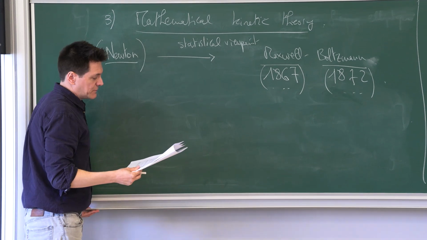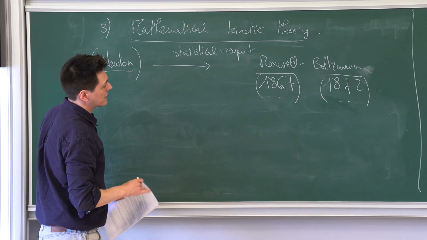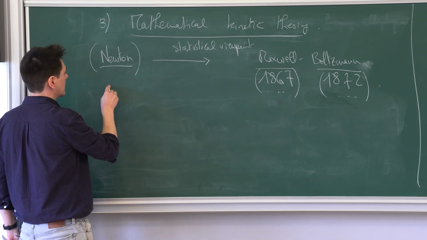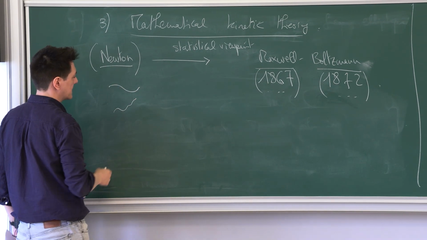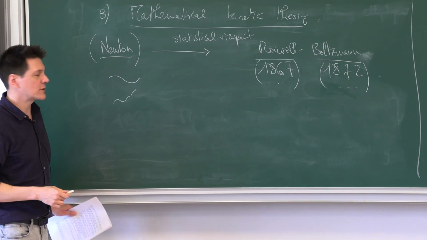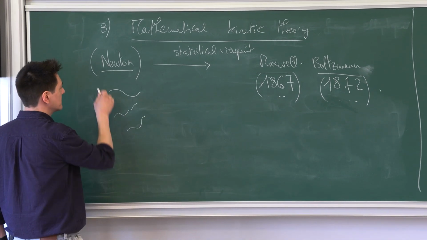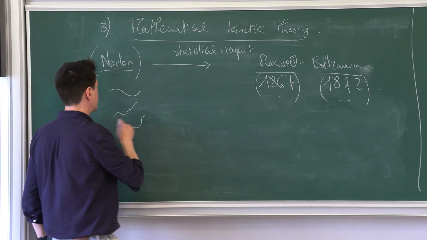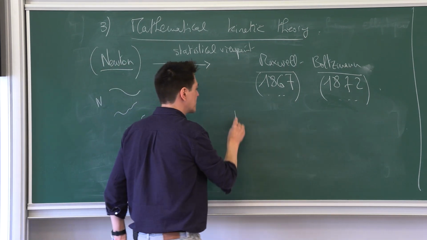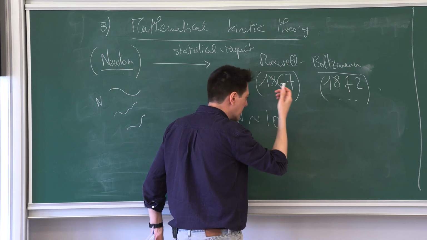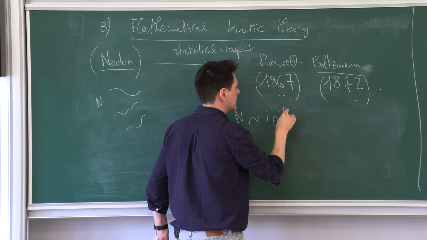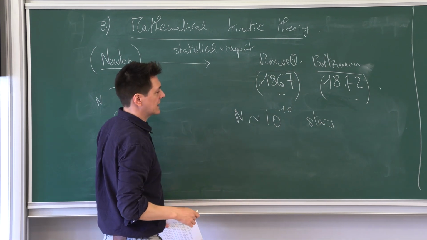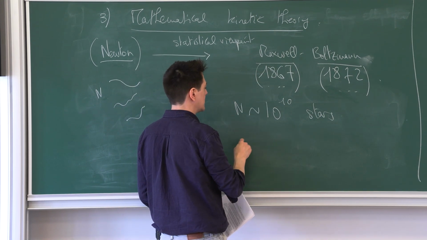So the key point is, I don't want to spend too much time on the physics, but here you have the trajectories of, let's say, mécanique du point, as we say in France. So you have the trajectories of 1, 2, 3 particles. Well, Newton famously solved the two-body problem. And then if the number of your particles becomes enormous, so typically in astrophysics, you have 10 to the 10 stars in the Milky Way. You have billions of galaxies.